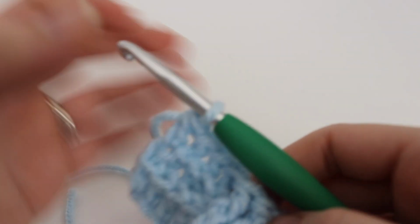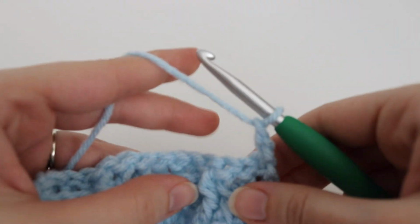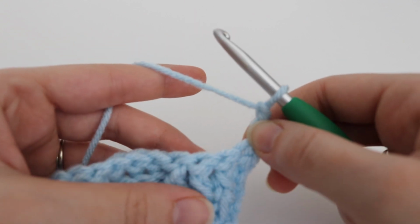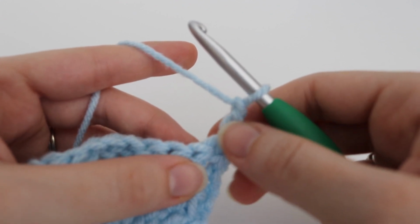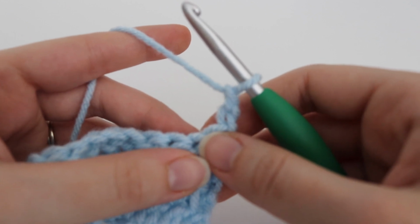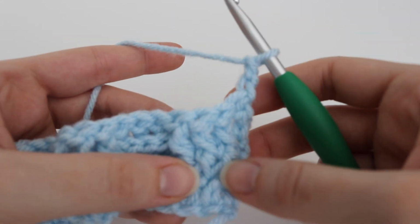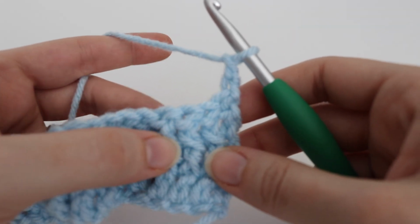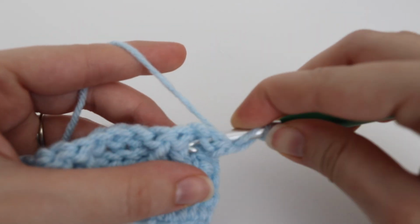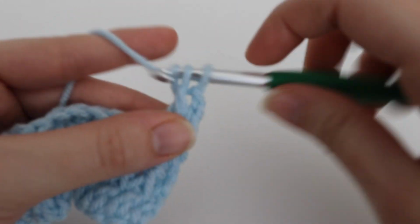So for row 4, you're going to chain up 2 and turn. You're going to skip that first double crochet, which is going to count as your chain 2 right here, and you're going to now do the opposite. So now you're going to make a back post double crochet in the next 3 stitches. So in the first 3 stitches that you see right here, you're going to do the opposite. So you're now going to do a back post double crochet around the front post double crochet,